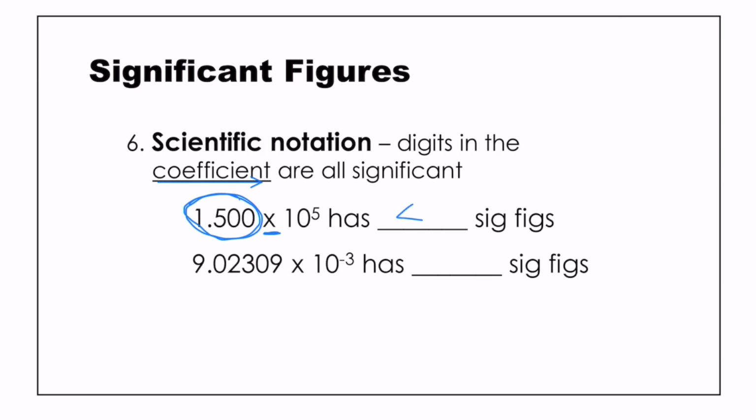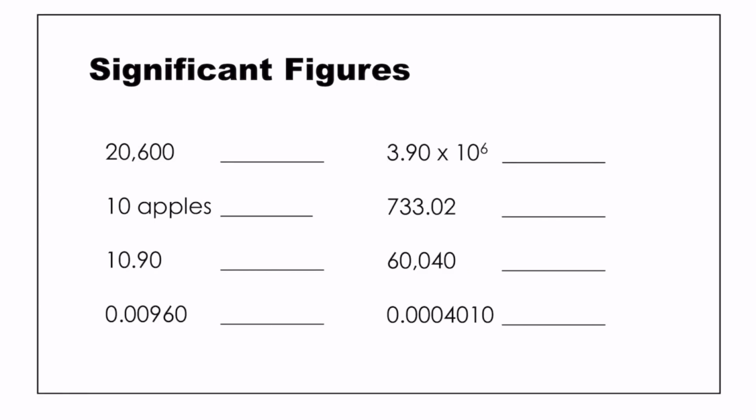So this would be 4 significant figures. This would be 6 significant figures. Go ahead and pause the video and try these out on your own. I'll go ahead and show you the answers in just a second. Okay, so here are the answers. Of course, if you have any questions about any of these, you can always come and ask me through email